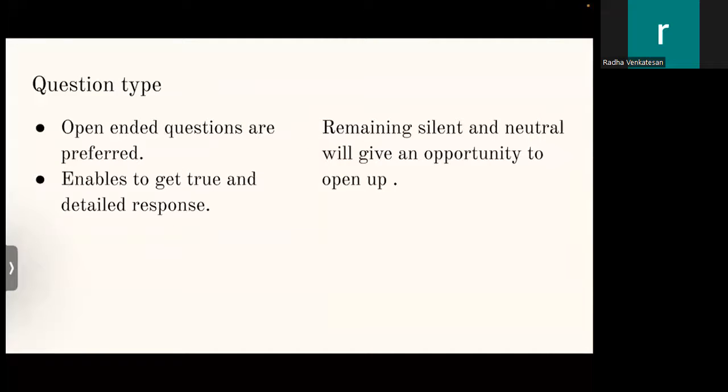And next, once you are listening, and you're at a stage where you want to ask questions, what type of questions are you going to ask? It is preferred to ask open-ended questions. Why again? Because by asking open-ended questions, you would get a better detailed response and a true response. For example, I will tell you,